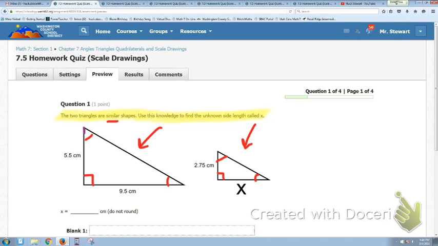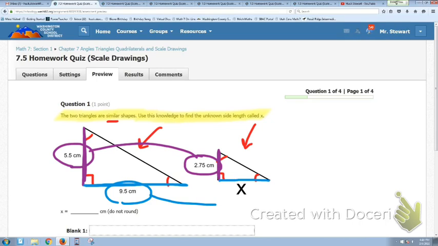So if this was 5.5 centimeters, it has now decreased to 2.75 centimeters. And then this bottom right here was 9.5 centimeters, and it was scaled down proportionally. So the idea is that this number has been scaled down, but this number will also be scaled down